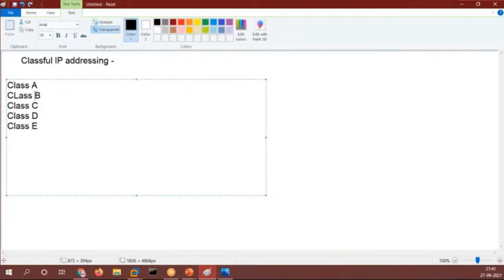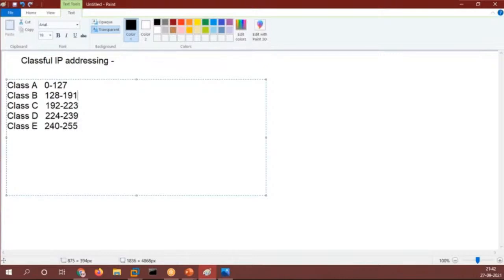In these classes we have different IP address ranges: 0 to 127 for class A, 128 to 191 for class B, 192 to 223 for class C, 224 to 239 for class D, and 240 to 255 for class E.